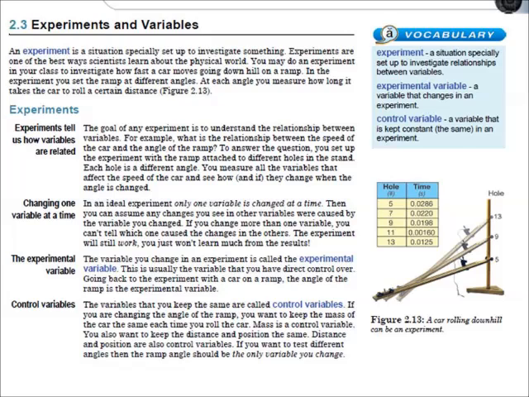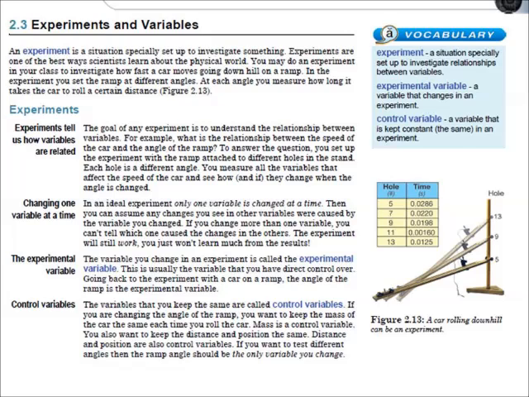Figure 2.13. The goal of any experiment is to understand the relationship between the variables. For example, what is the relationship between the speed of the car and the angle of the ramp? To answer the question, you set up the experiment with the ramp attached to different holes in the stand. Each hole is a different angle. You measure all the variables that affect the speed of the car